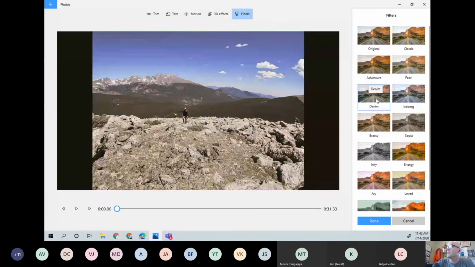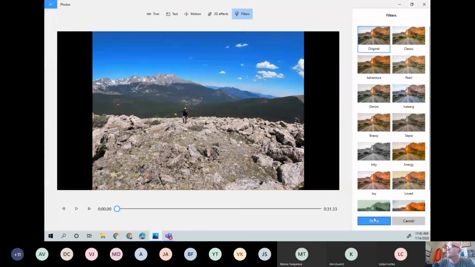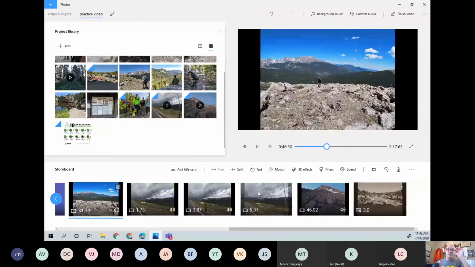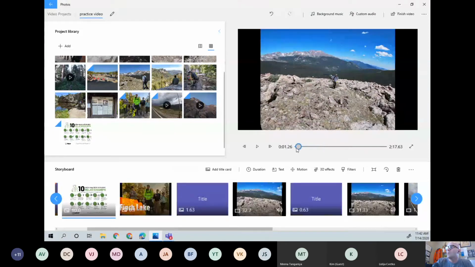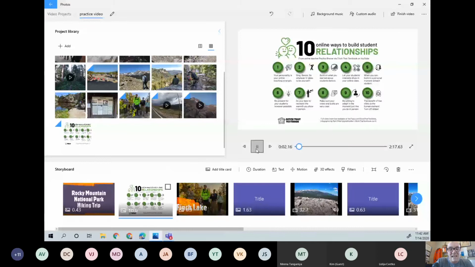You can even put those filters on for your videos as well. So, okay. When it comes to making instructional videos for your students, the next part is kind of an important part, because once we're totally done and we have everything the way that we want on our storyboard, and let's say we've pulled it back to the beginning and we've clicked play and we're watching the video and we have it exactly how we want,